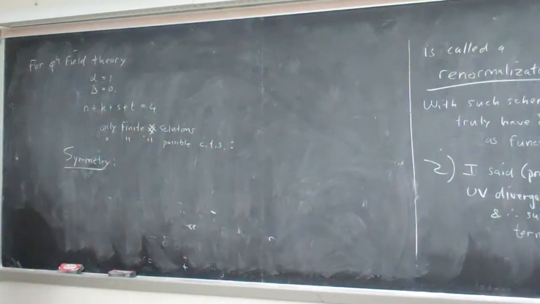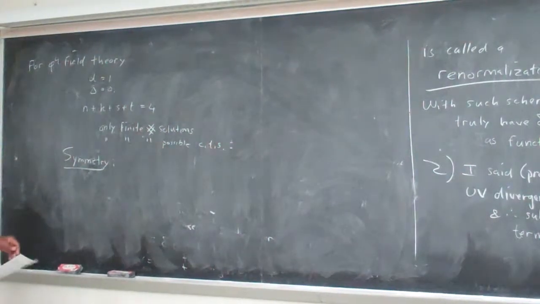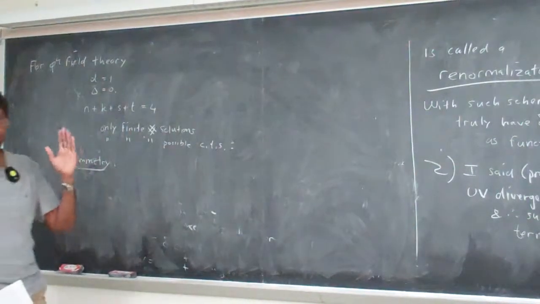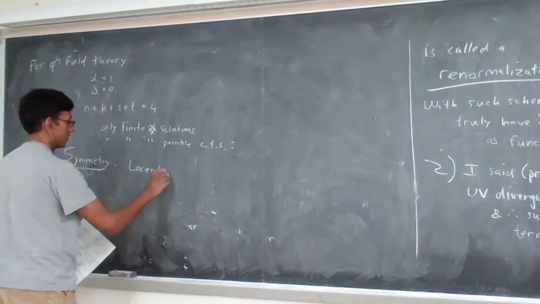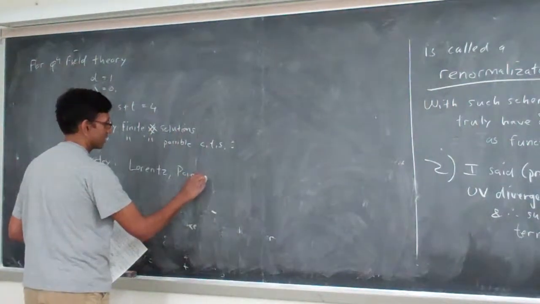As I told you, the effective action is symmetric unless the theory has got an anomaly, which is to say it's symmetric unless it isn't, but it often is. Okay? So, for example, one thing is Lorentz invariant. I am not going to write a counter term. In fact, not only Lorentz invariant, Poincare invariant.